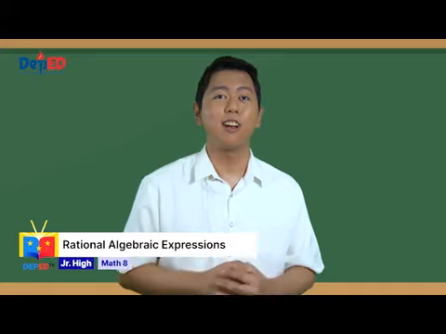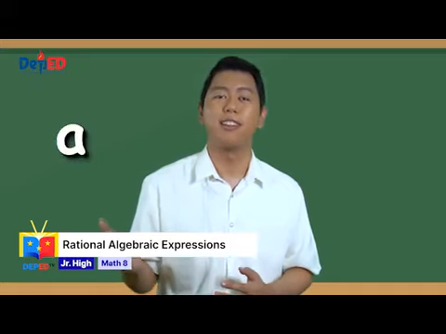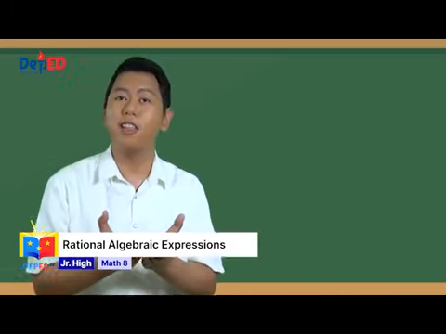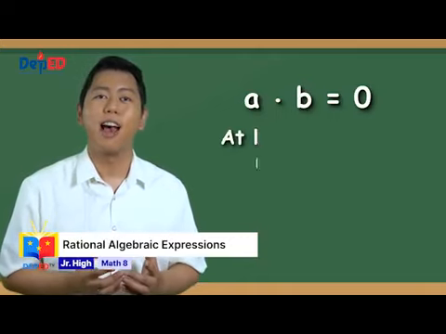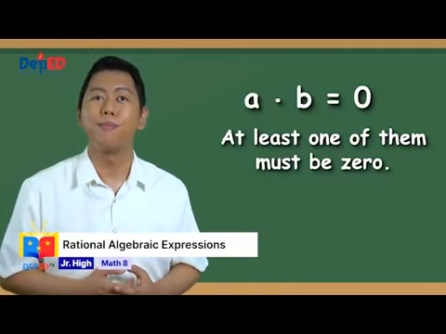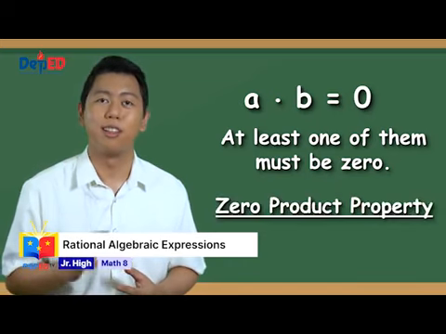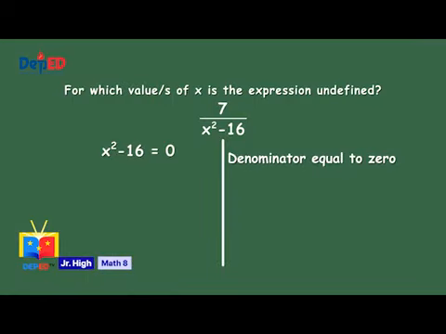Just like in this scenario, when we have 2 unknown numbers, A and B, and their product A times B is equal to 0, at least one of them must be 0. We call this the zero product property. Going back,